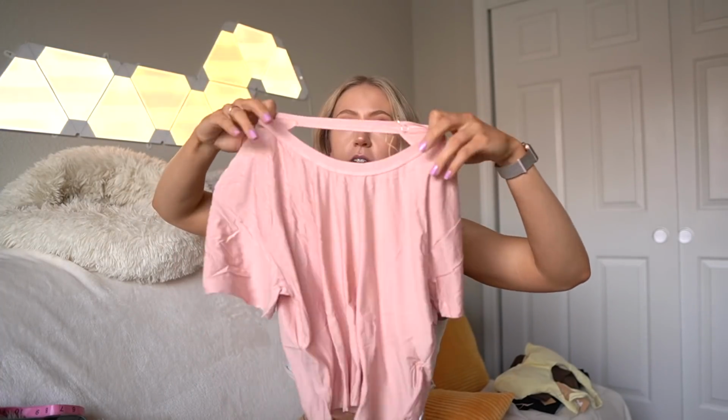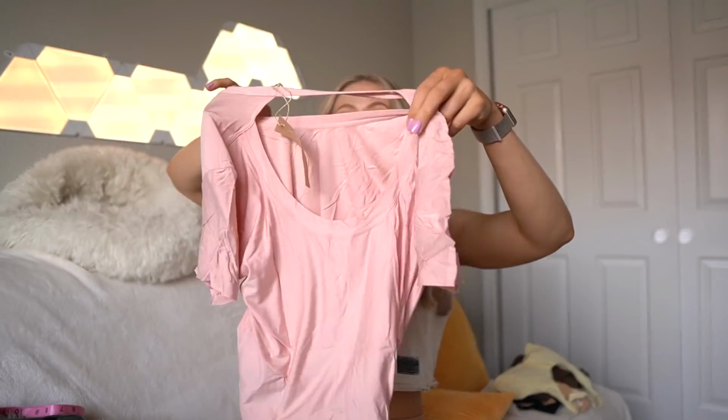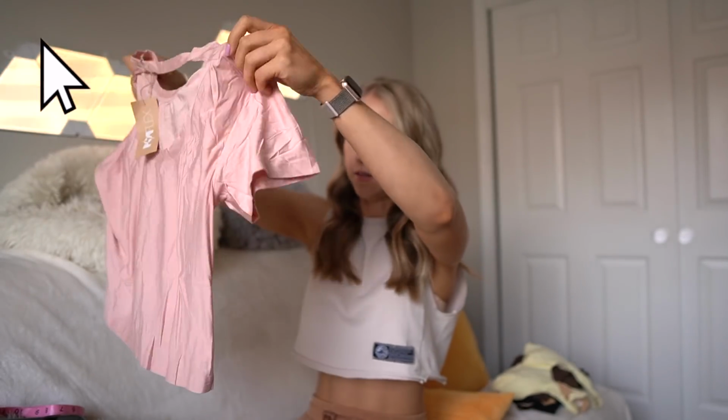And I think this is the front, just kind of looks like a regular little top. And then the back has a little cutout, and let's try it on. All right, here's this top. It's a little more sheer than I expected. I feel like I can even see the light yellow top underneath, which I don't totally mind in an active tee. I think it's a little snug on the bust for me,